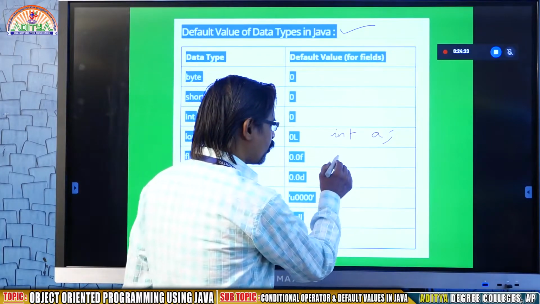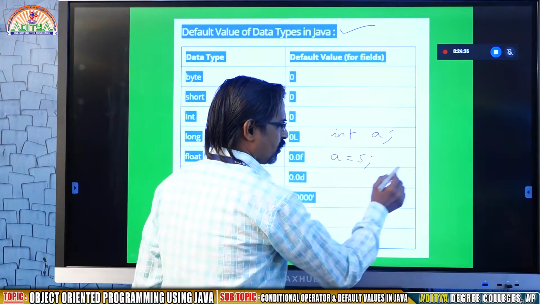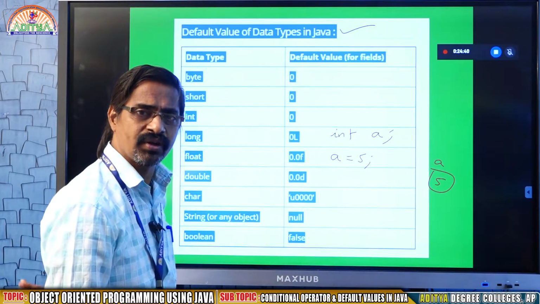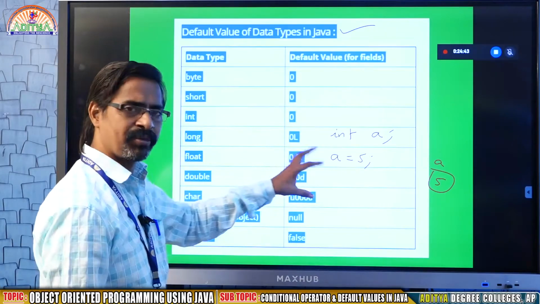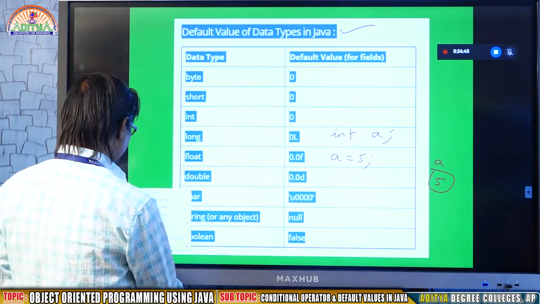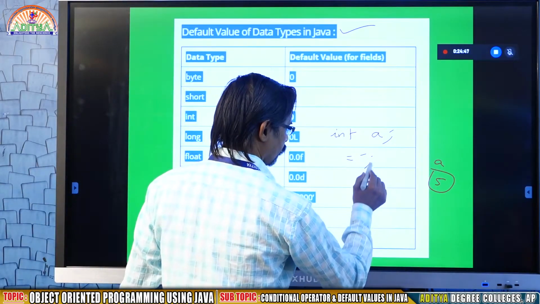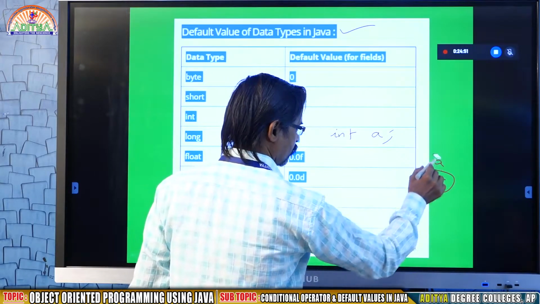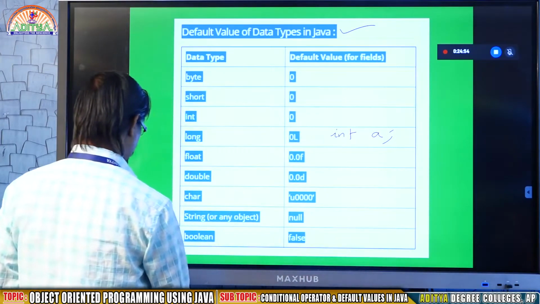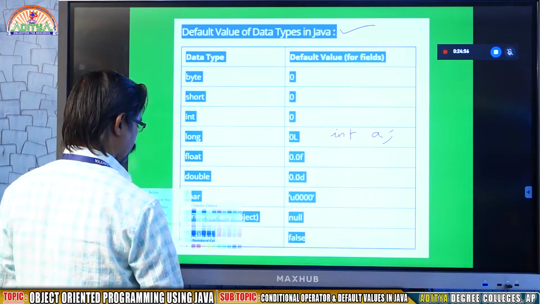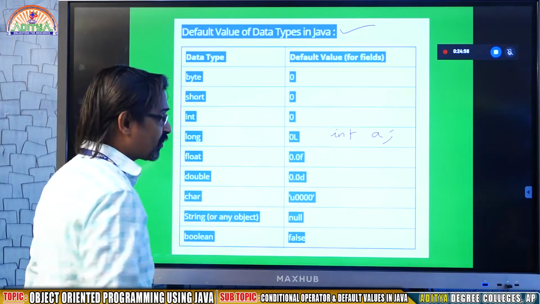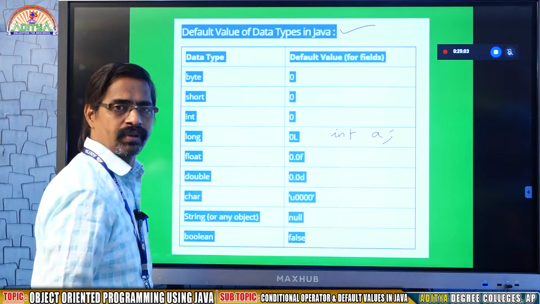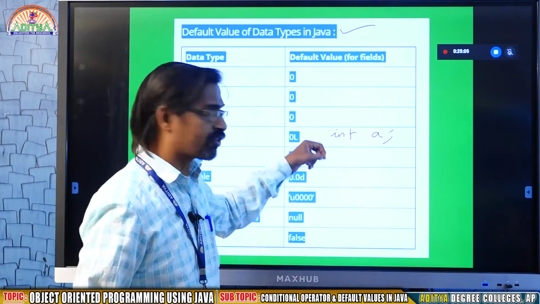If I give A equal to 5, the value of A is 5. Up to it is okay. But the situation is, I just declare A. What will be the default value that will be stored?